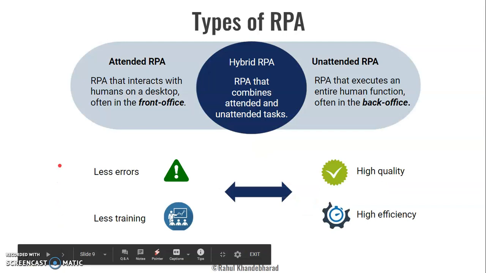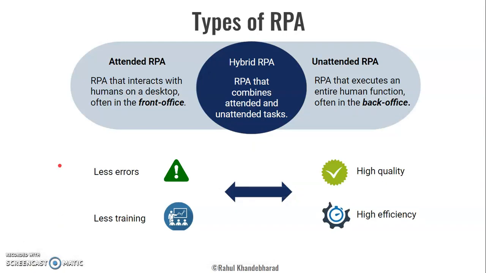Then we have basically three types of RPA. First one is the attended RPA. You might have seen it on front end office desktops, where it helps the front end receptionist in maintaining the application there. Then we have the second, unattended RPA. Unattended RPA is the backend office, and it functions entirely on its own. It does not require any human function. Then we have a combination of both, that is hybrid RPA. Hybrid RPA is a combination of attended and unattended RPA, and here a human can interact with it and it can also work independently, both in the cases.